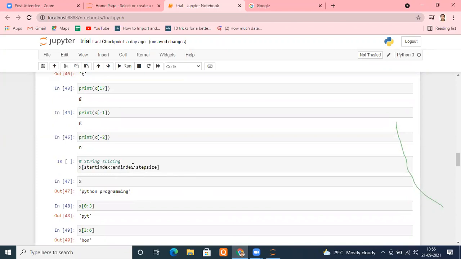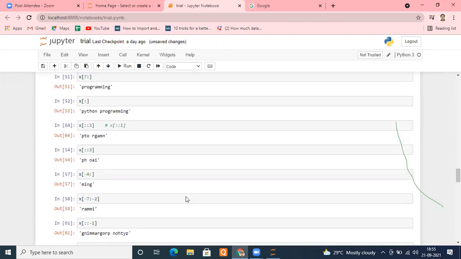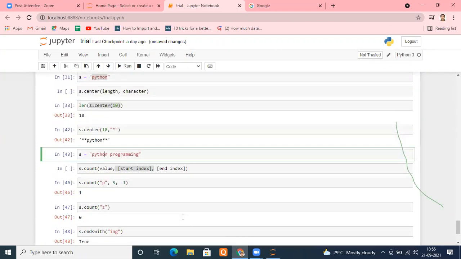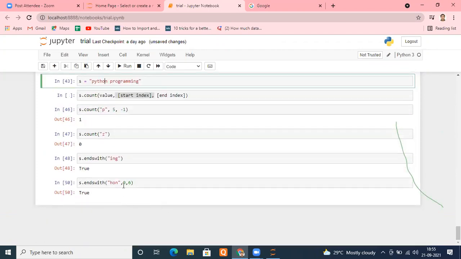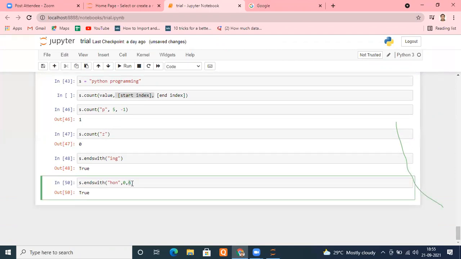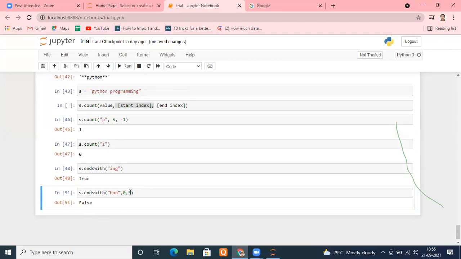Yes, sir. It always takes 1 less than that. That's why I put it 5. It is showing false. So always ensure you put everything properly. Otherwise, with an error, suppose I make it 5, it will throw me an error immediately. Change it to 6. Now it's doing fine. I think it's clear what endswith is.